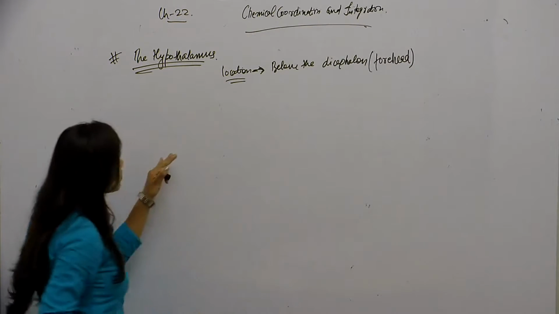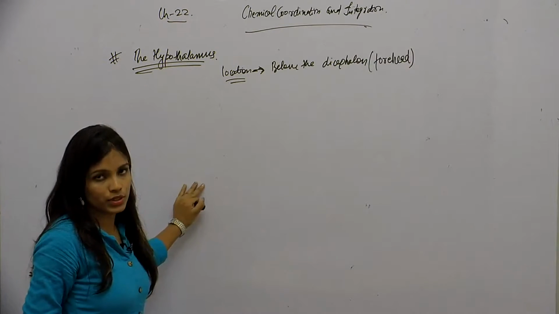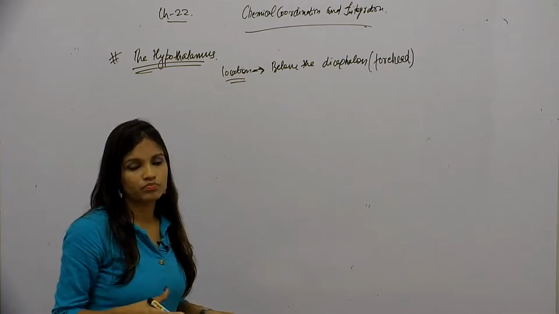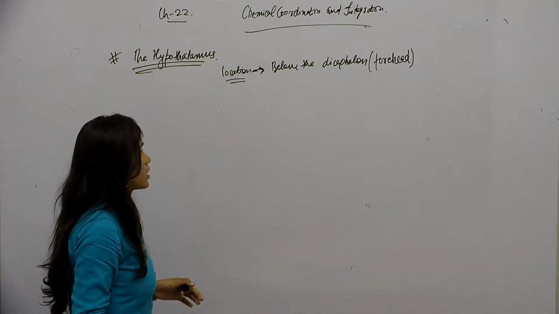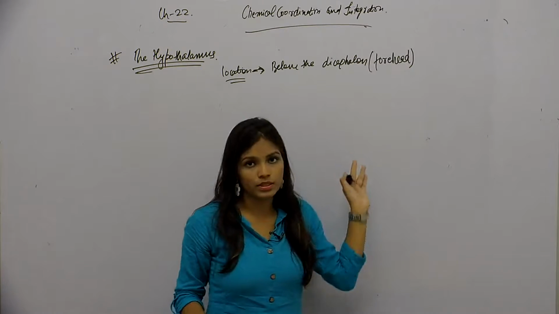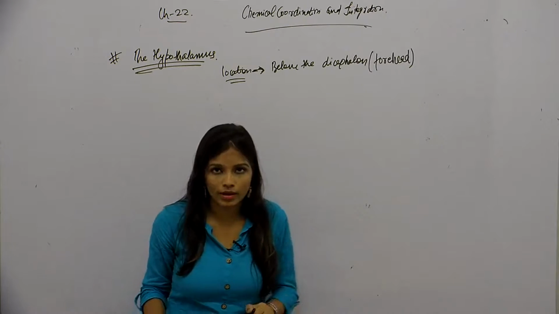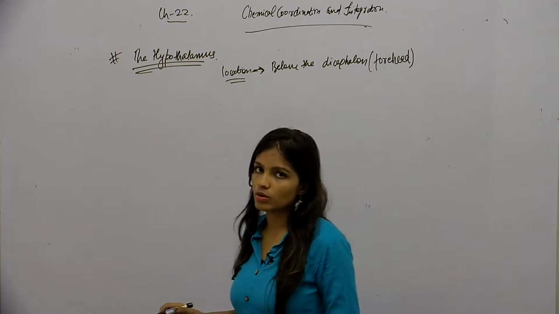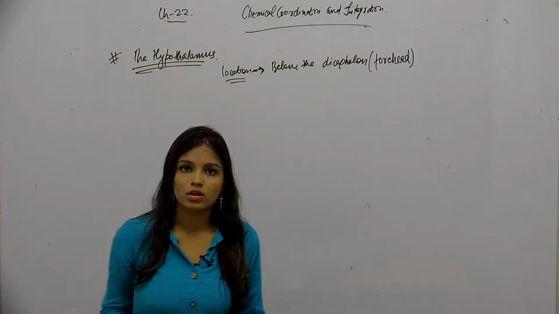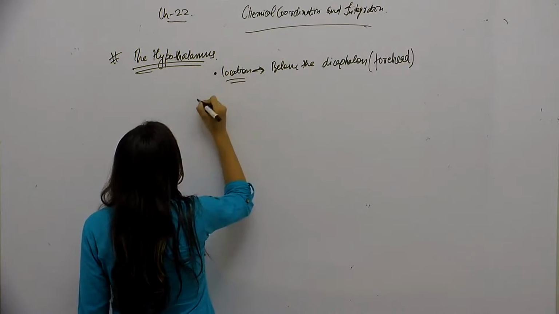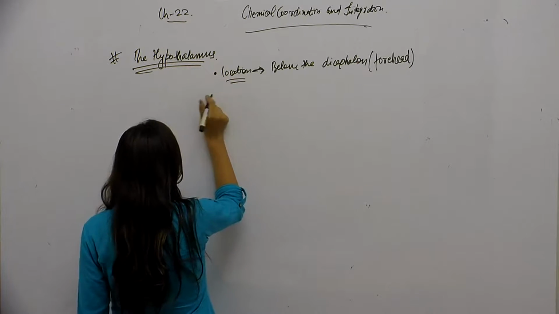The hypothalamus is in contact with the pituitary, and it is also associated with the pituitary most of the time. So this was about the location. That is, it is present beneath the diencephalon, which is the forebrain, and above the pituitary. Now we'll study the function of the hypothalamus. Let me tell you about the function.